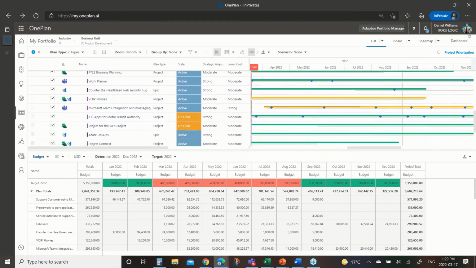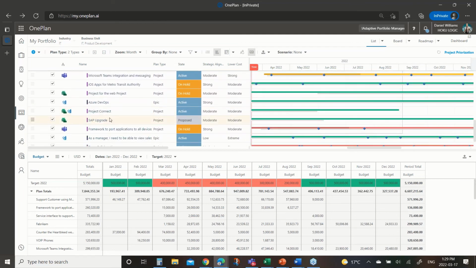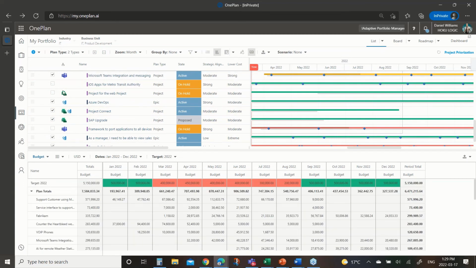And I'm obviously going to be biased towards the one I just did, which is this SAP upgrade. So maybe if I just wipe out for now, for analysis purposes, some of the ones on hold, you'll see we're going to get a lot closer on the budget. We've still got ways to go. I'm not going to try and solve that here. But then I can start to look at this.